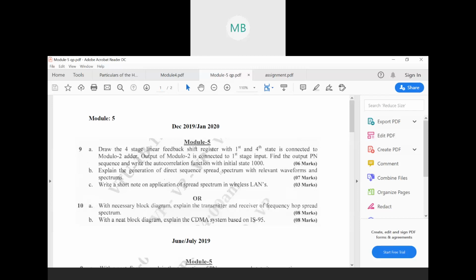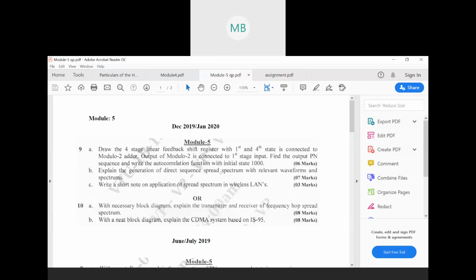So that Barker sequence of length 11 chip, what is the value of that 11 chip Barker sequence, like 1, minus 1, 1, 1, minus 1, then 1, 1, 1, minus 1, minus 1, minus 1. So this is the Barker sequence. And then how BPSK and QPSK is used in this 802.11 standard. Then what's the data rate? What's the data rate in IEEE 802.11b wireless LAN? All these things you need to explain.